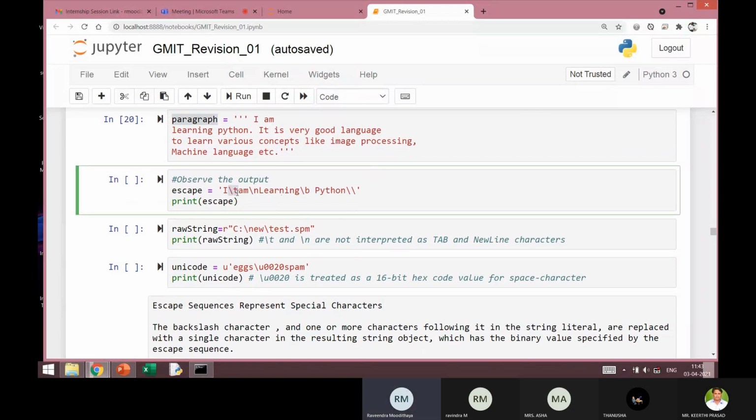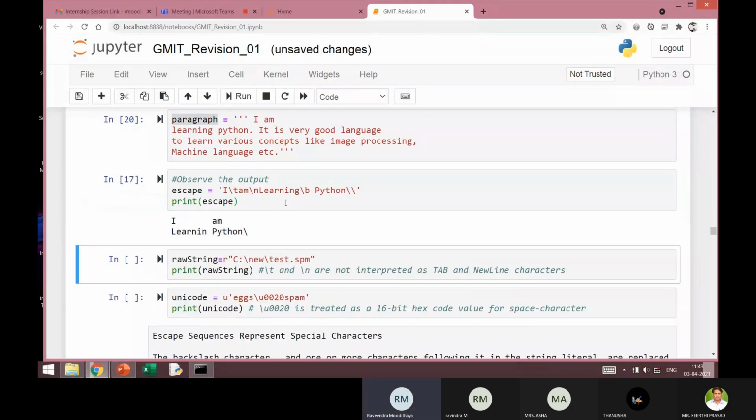This backslash T is for a tab, which is a group of a few blank spaces, and backslash N is a new line character, so it will open a new line, and backslash B is backspace. This double backslash will be output as a single backslash. Let's see the output of this and try to observe it.